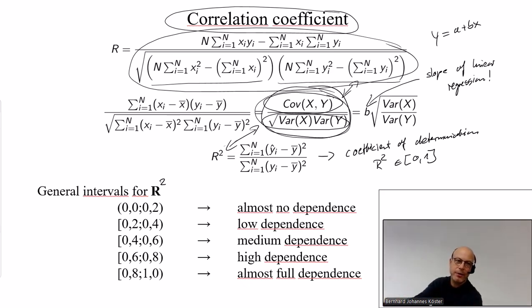If we square it, then of course this number is only within 0 and 1. And this number we can quite well interpret. In a minute I will show you a further interpretation of this r squared,